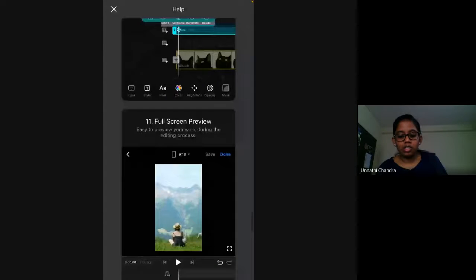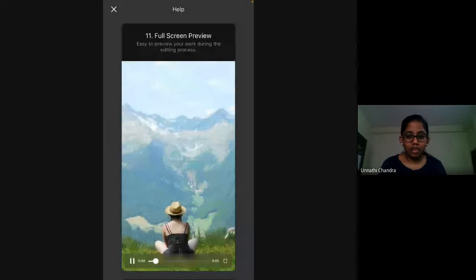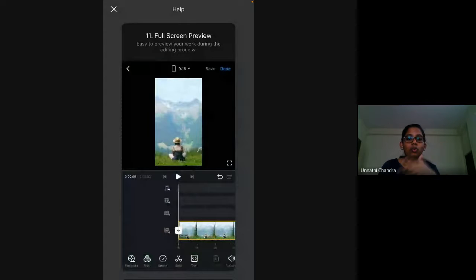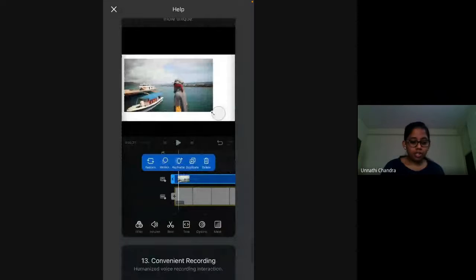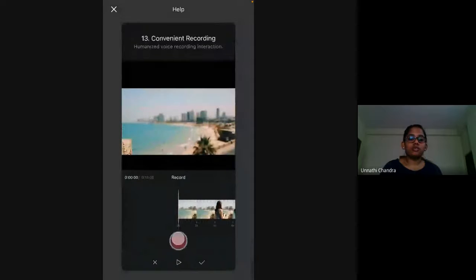And you have a full screen preview, like before, a preview of how the output would look eventually at the end. You have a PIP option, and yeah, you can record your voice in this too.